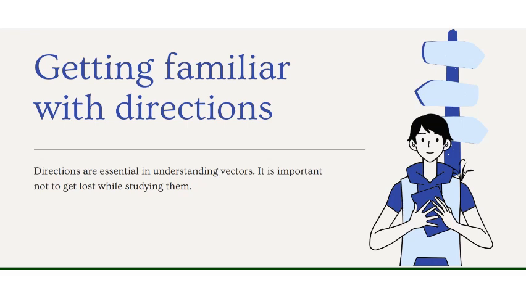Now, this is the second part of the video on vectors, which will mainly focus on directions. Getting familiar with directions is essential in understanding vectors. It is important not to get lost while studying them. As we all know, we're dealing with vectors, which is basically magnitude, unit, and directions. So this will focus on directions in standard position, directions in pairing, and how do we know a specific direction